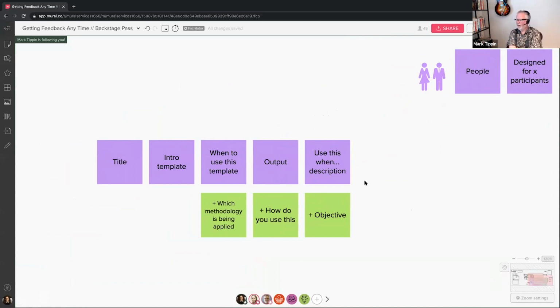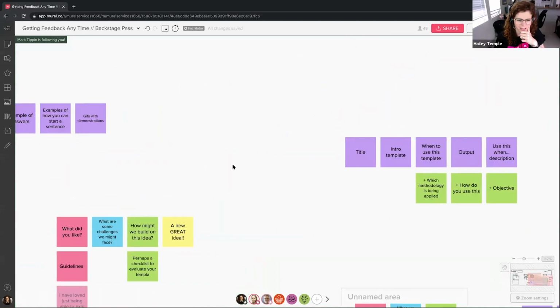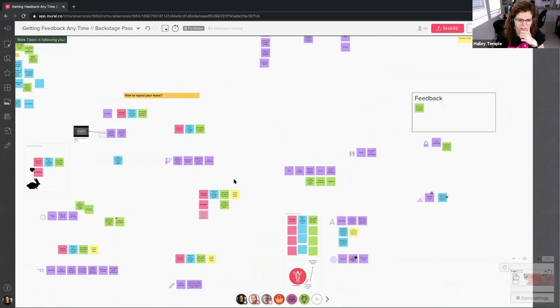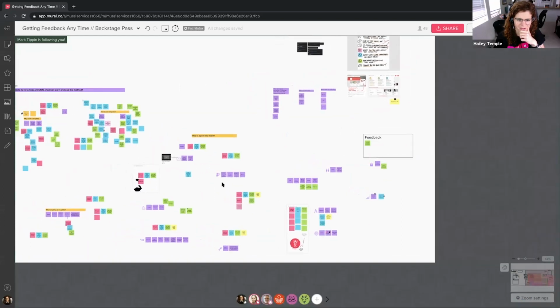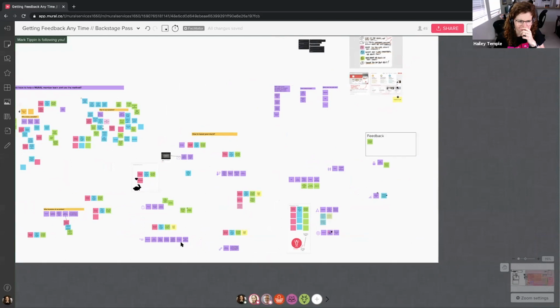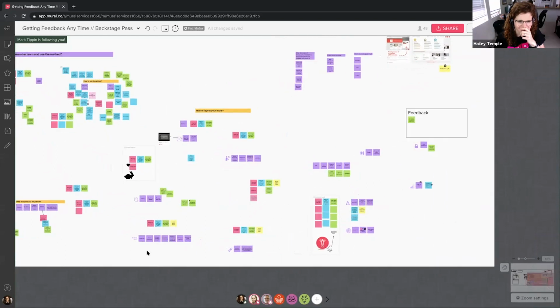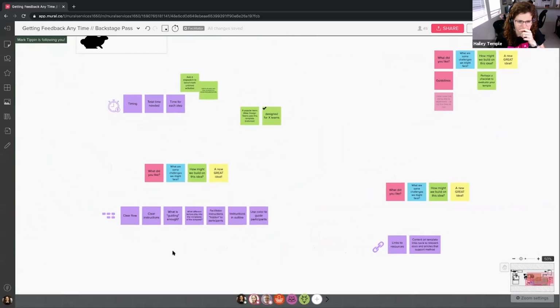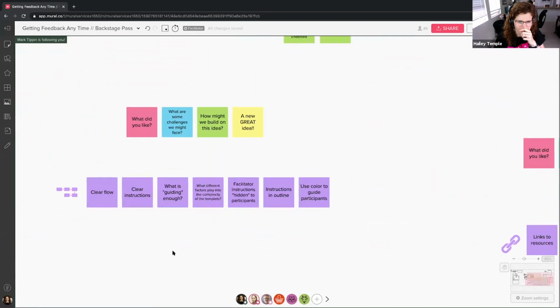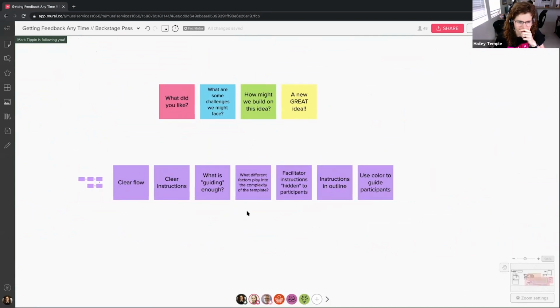Does it help? Maybe what we can do, especially for people who are watching, while the rest of our group is working, I'm just zooming out to show everyone, is go through one of these and verbally give feedback. So I'm looking at this one on a clear flow, for example.